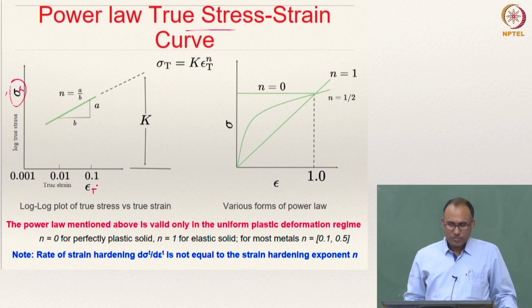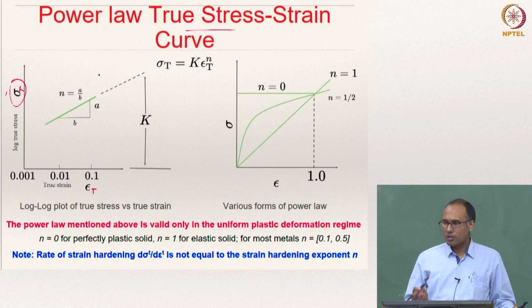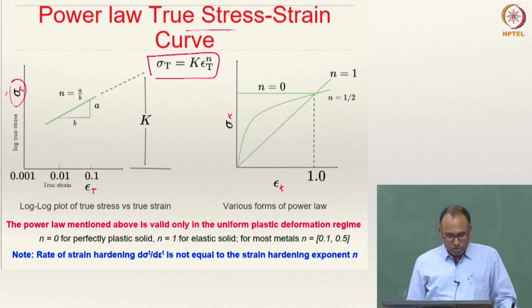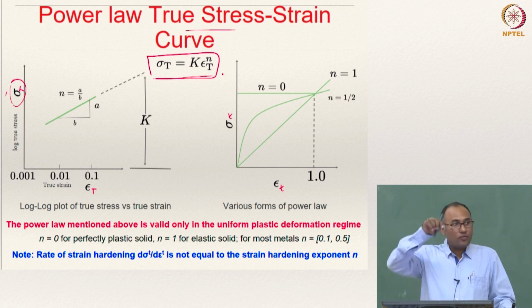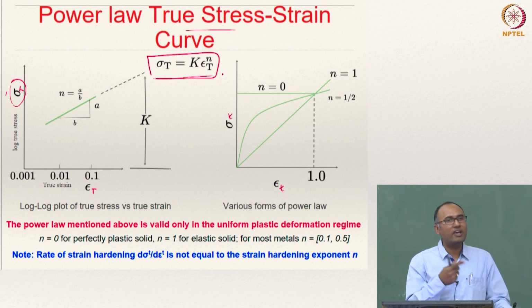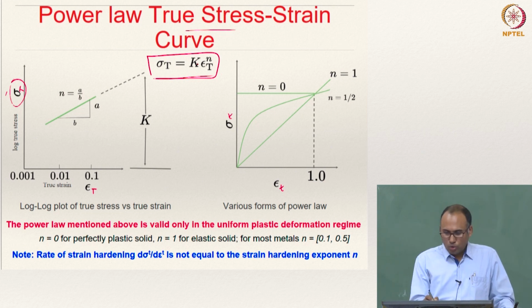Okay. Then if you plot on a logarithmic scale, you will have a straight line, or in normal scale it will be looking something like this. And please note that this power law is from the yield point, not in the linear elastic regime. In the linear elastic regime, it is anyway E times epsilon. Okay. So, there are two constants to represent the behavior of the curve.